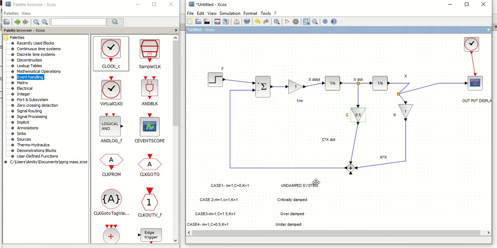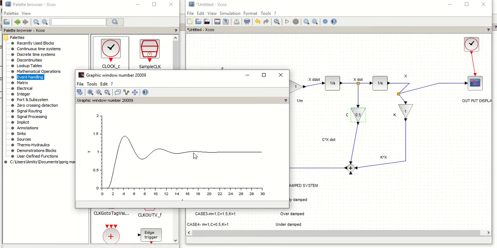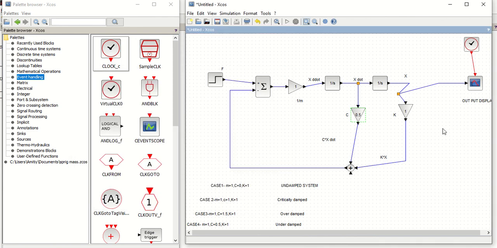Here we have seen four types of cases. One thing is that whenever I am displaying, we are going to see only one response. But what if someone says that I want to see the response of force also? So for that I need to connect it to my display window.